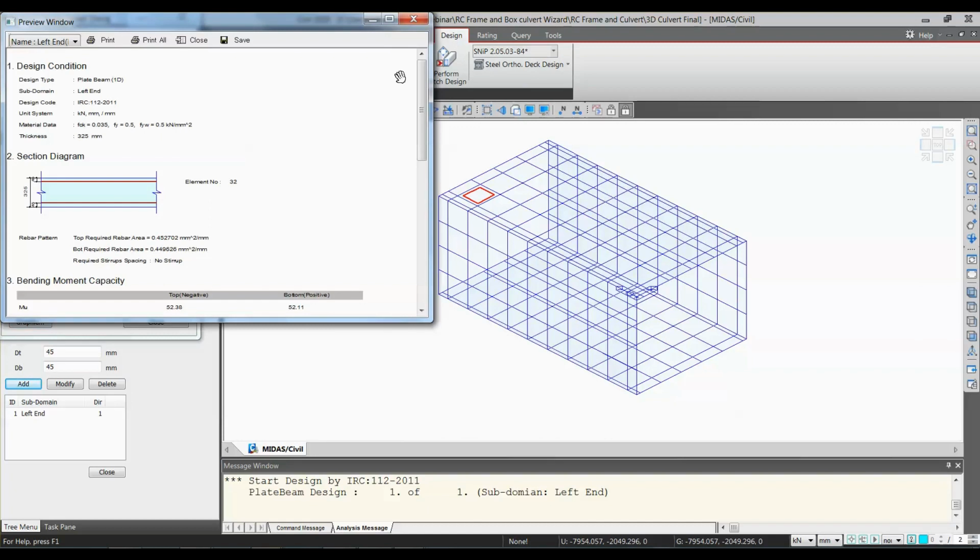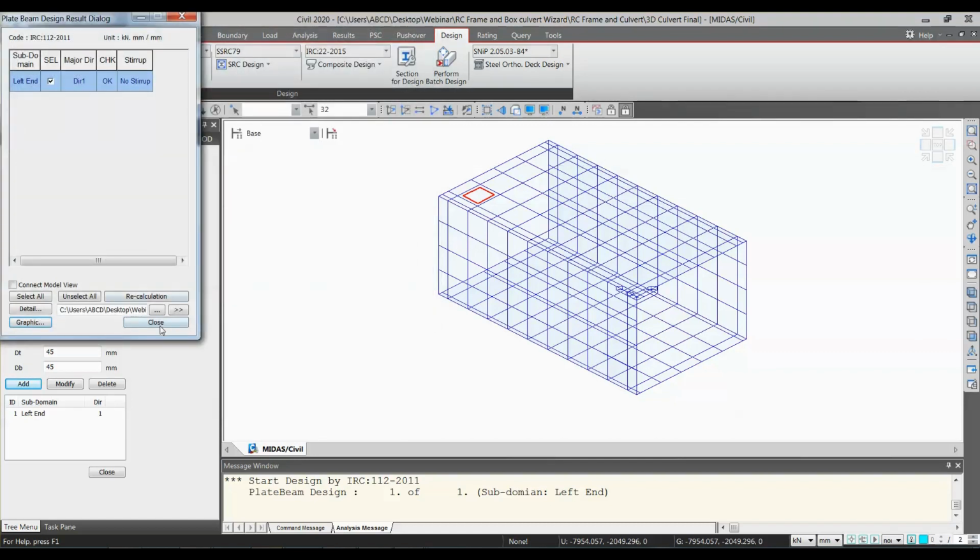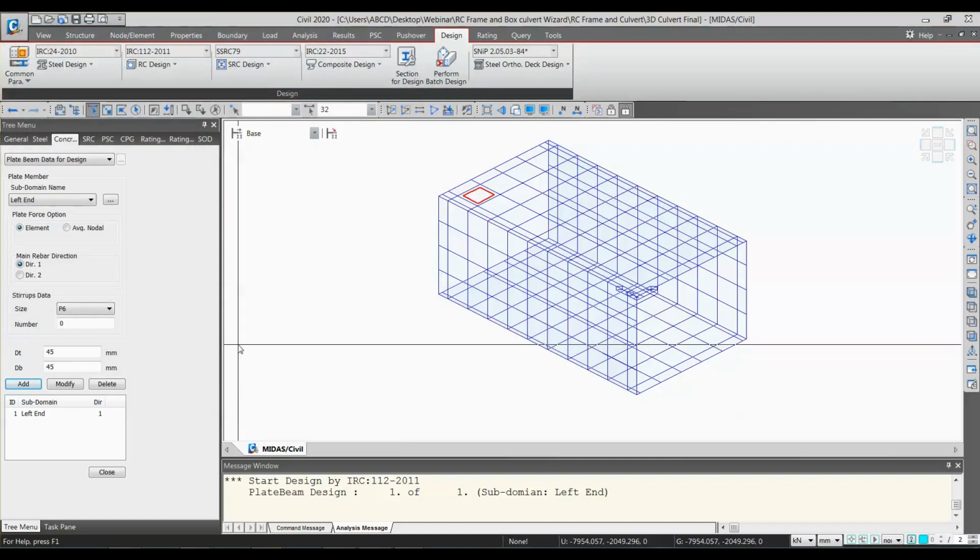So that's it from my side. I hope you have understood how you can generate a 2D frame, 3D frame, 2D box culvert, and 3D box culvert using the same result. In case of 2D, moving load application is a critical point, and in culverts the main thing we have to keep in mind is the supports of the culvert, because the modulus of subgrade reaction you have to calculate manually and give to the program. The program is nothing but garbage in, garbage out, as we say, because if you give the right inputs, it will generate the right outputs. So you have to make sure that you are giving the inputs correctly.